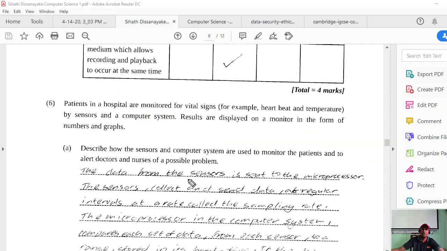So, describe how sensors and computer system are used to monitor the patient and to alert the doctor and nurses of possible problems.